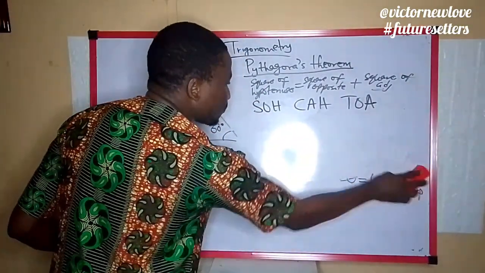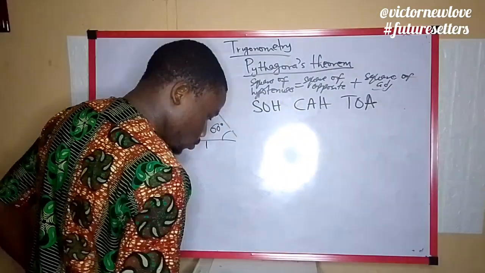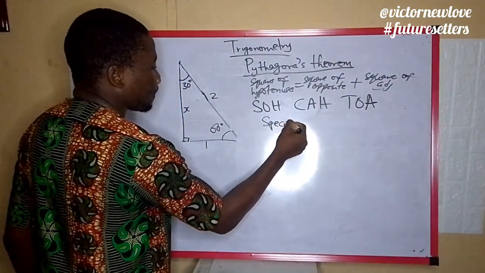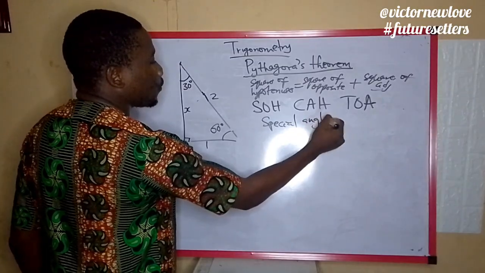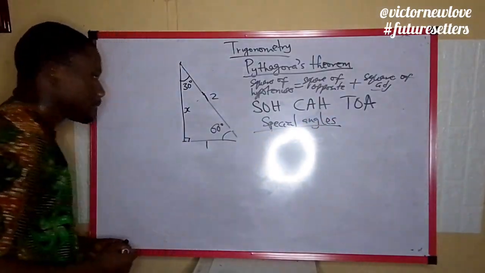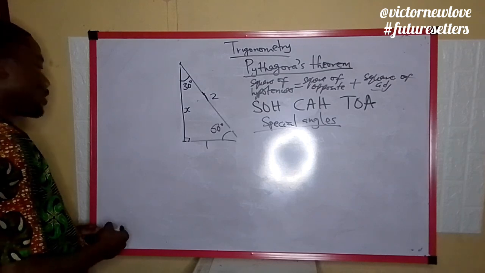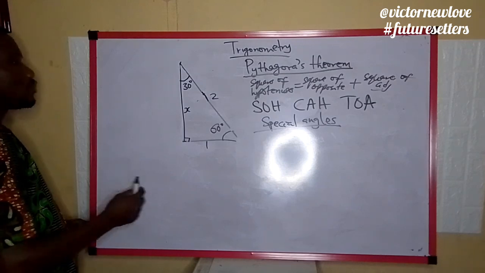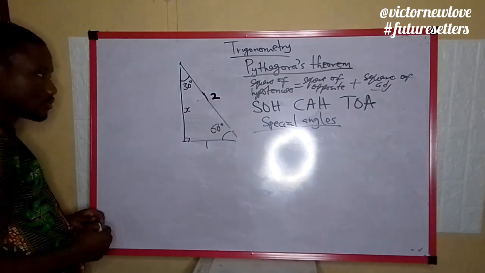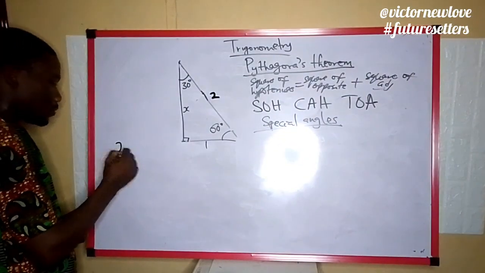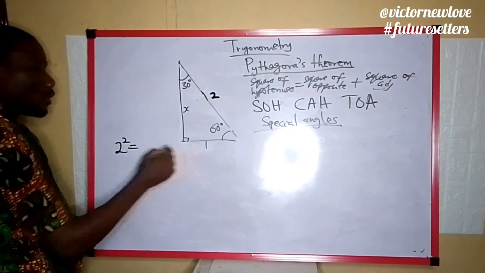So we are going to the next part, which is known as special angles. There are some angles known as special angles. But before we go into the special angles aspect, we have to come back to this triangle to analyze our knowledge of Pythagoras theorem. Using Pythagoras theorem, this is our hypotenuse. So the square of the hypotenuse, 2 squared, is equal to the square of the